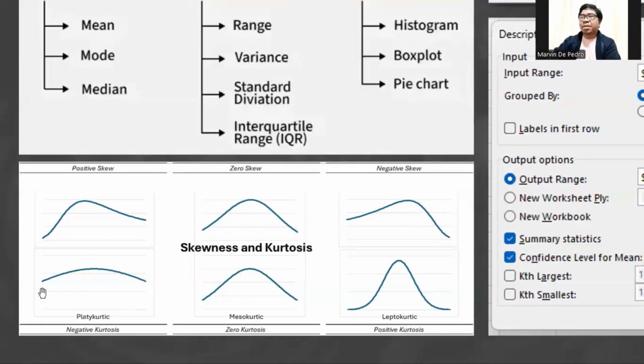So meaning that there's a big deviation from the center or there's only a very small deviation, or just right, meaning the data is well spread from the lowest up to the highest. Okay, so this is one of the reasons why we perform descriptive statistics, aside from, of course, describing what has happened. So if you want to do inferential statistics, it's best that you do descriptive statistics first because we want to make sure our data is normal.